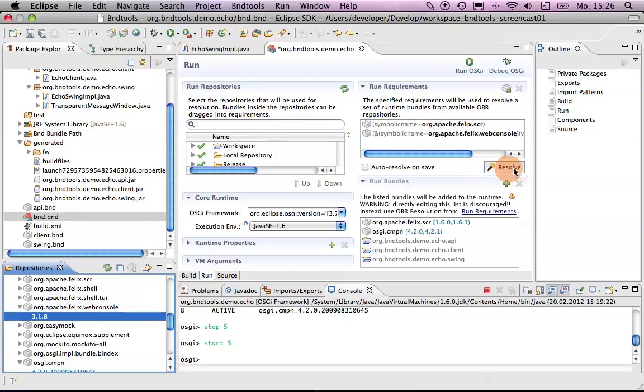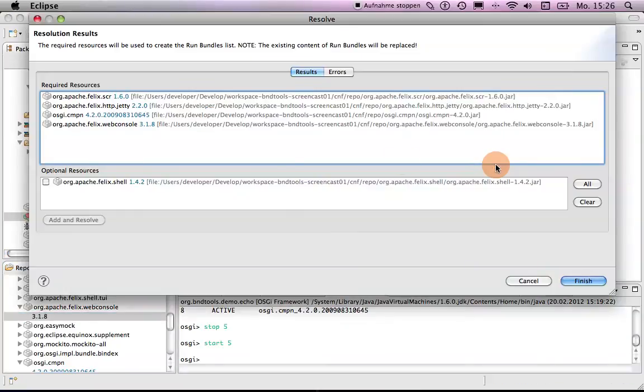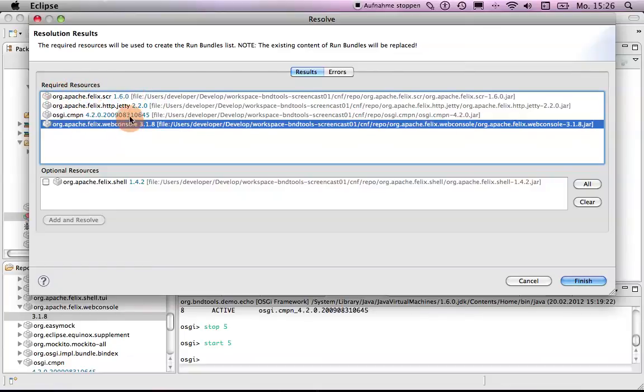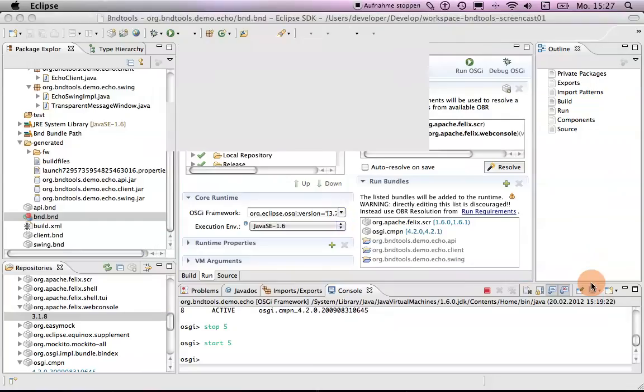And I can resolve the run requirements, and therefore Bndtools uses OBR and finds the requirements I need. So when I use the web console, I also need an HTTP service implementation. In this case, Bndtools asks me to use the Felix implementation of the HTTP service. Okay, that's fine. When I say finish,